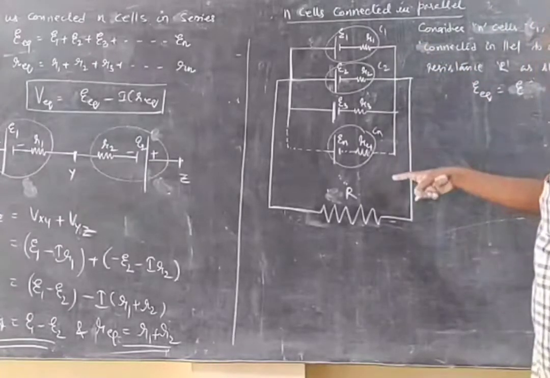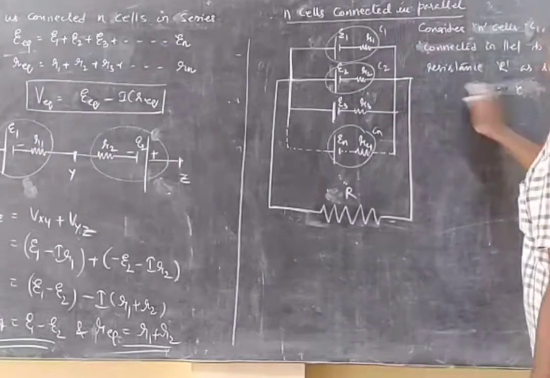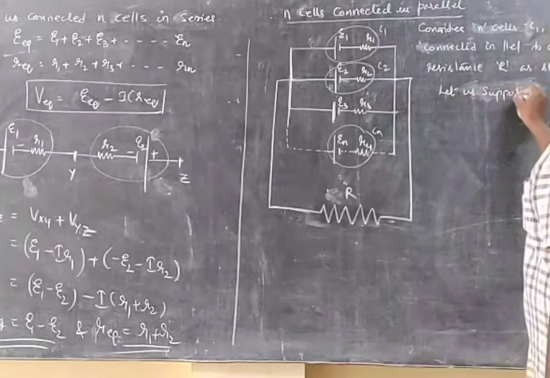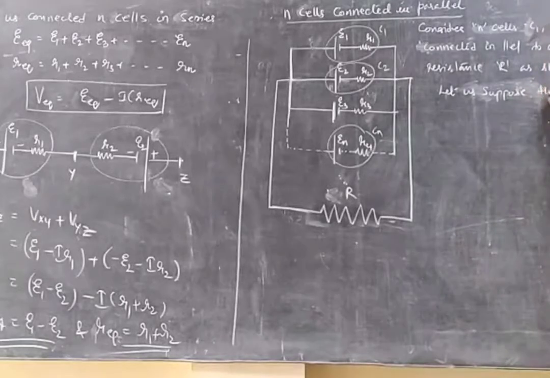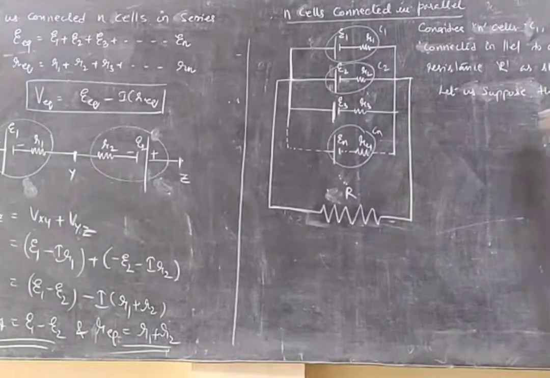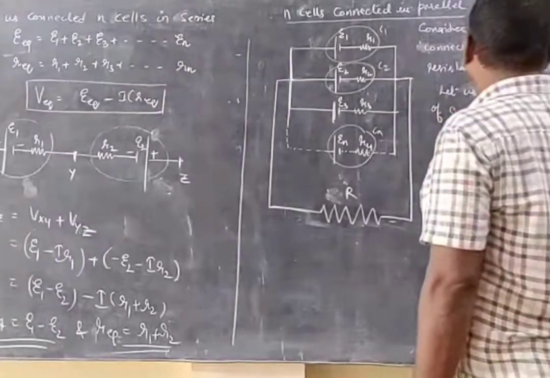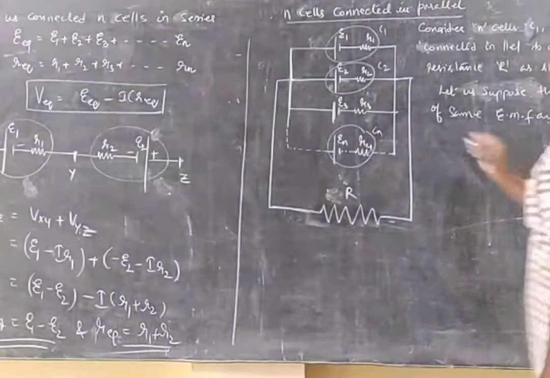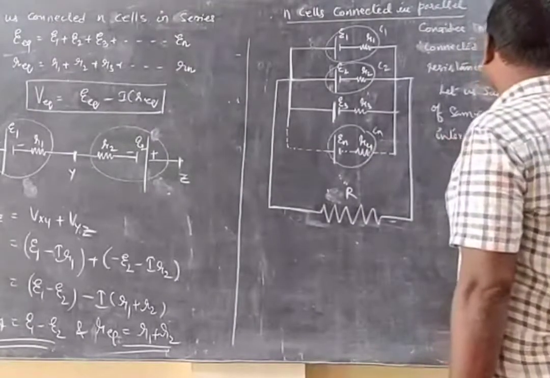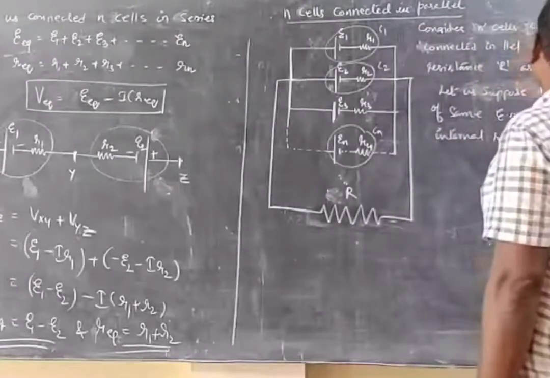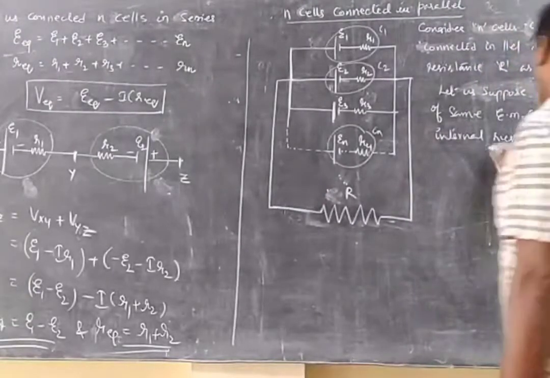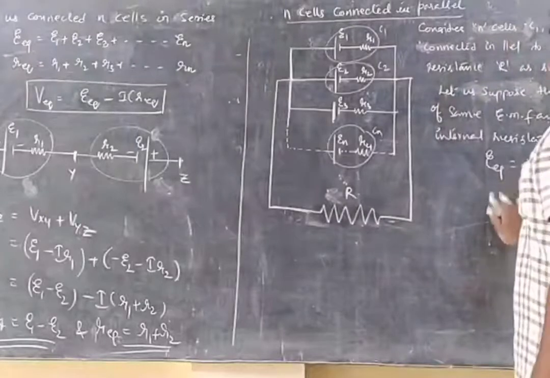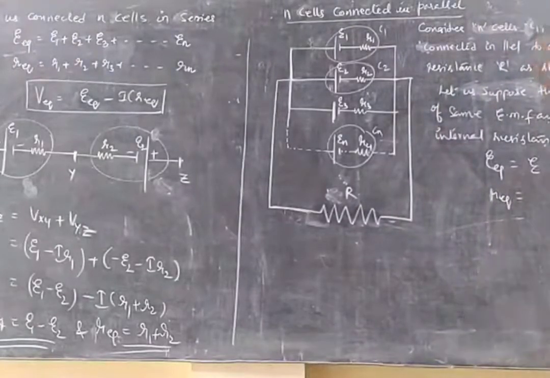Let us suppose the cells have EMFs E and internal resistances. Then E equivalent is equal to E, and the internal resistance equivalent is equal to